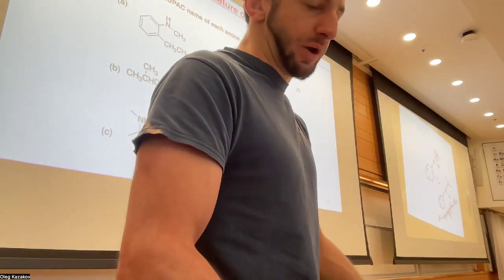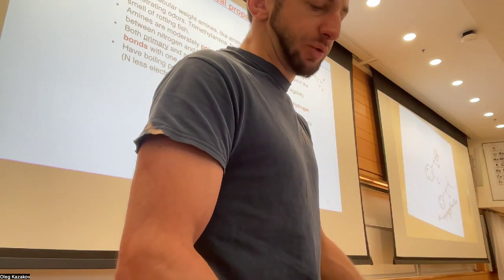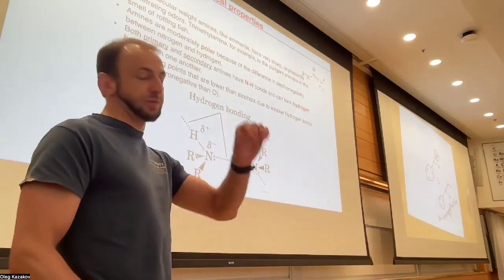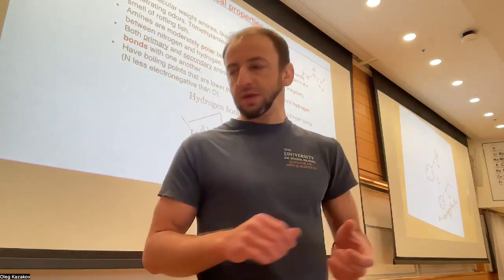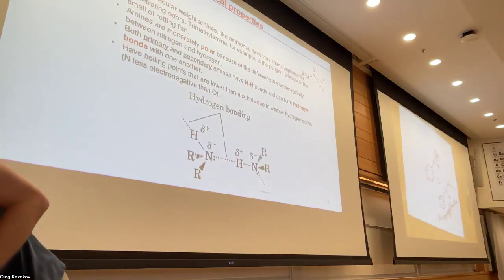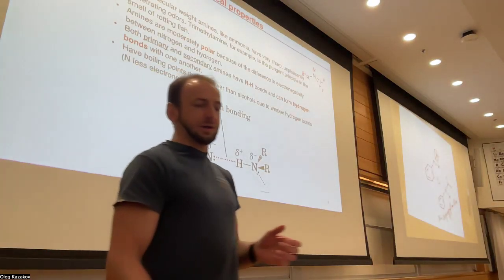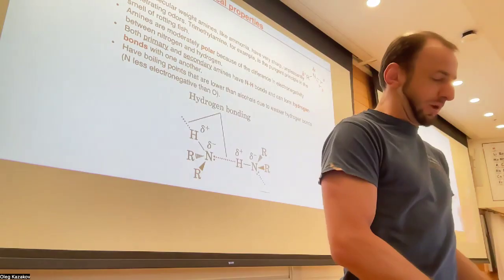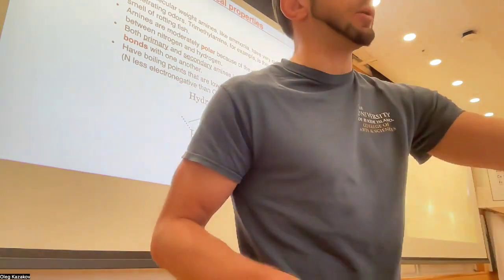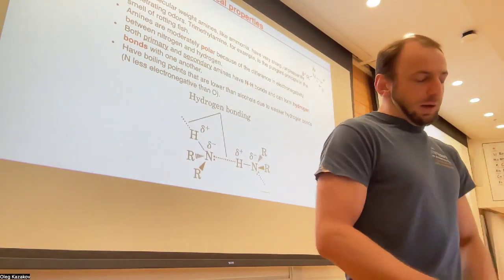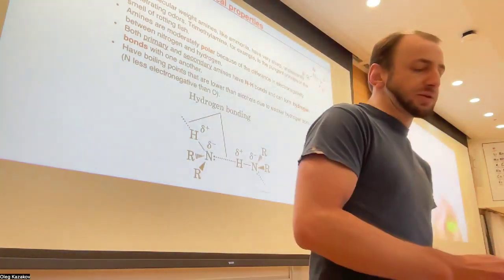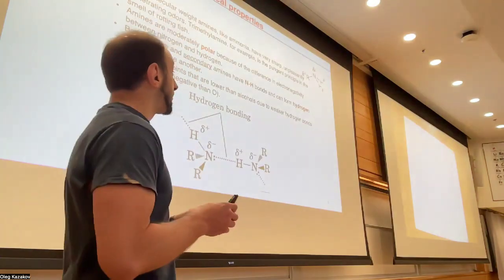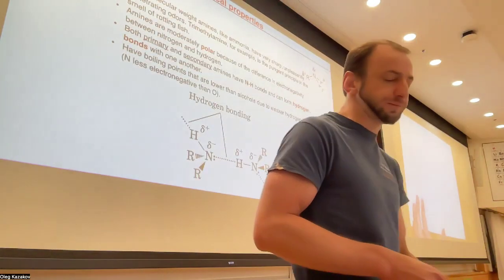And now let's get to the properties, because we want to cover the chemical reactions, most importantly of the amines. So in terms of the amines, what do we need to know for the chemical reactions? First of all, let's start with the hydrogen bonding. We are going to take a look at the physical properties prior to the chemical ones.